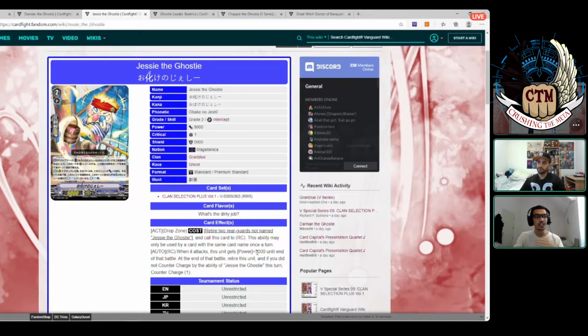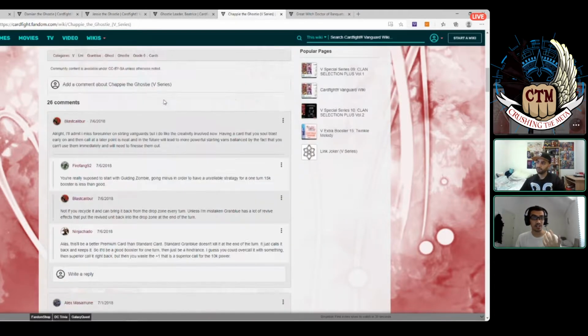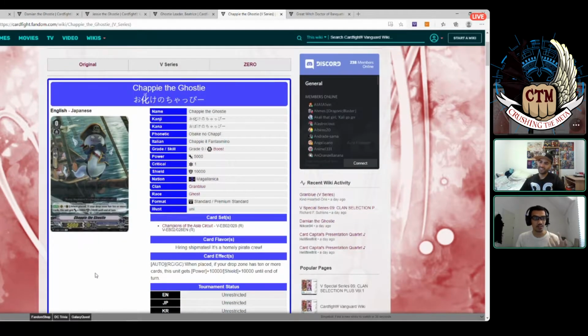So it's a free multi-attacking engine. And then you go down the grade to the grade 1, which also gives you another attack, another counter charge. And you would say that's where you stop, right? But actually in Standard or V Premium now, you have another grade 0 Ghosty, which is Chappie the Ghosty. It's revealed in the first...